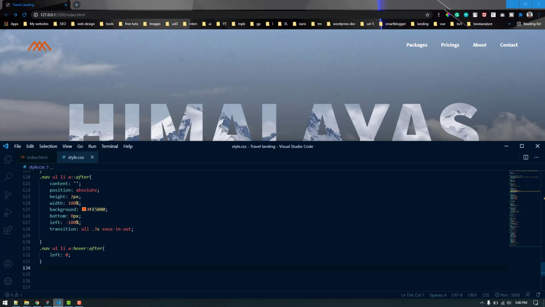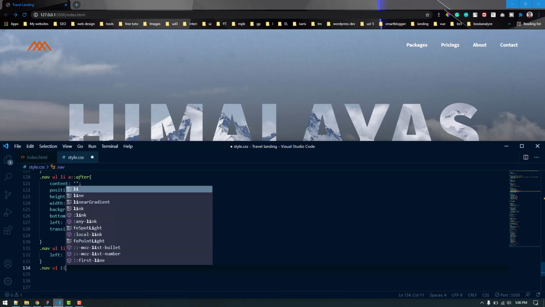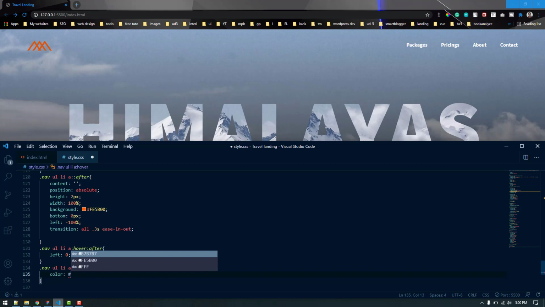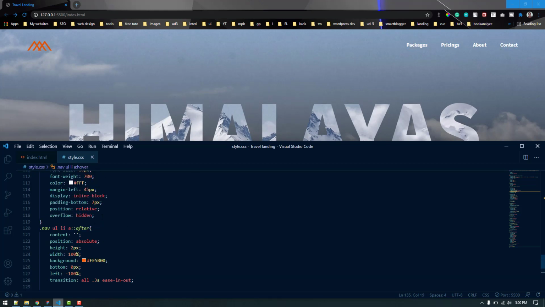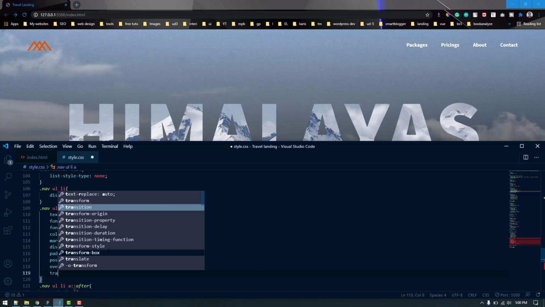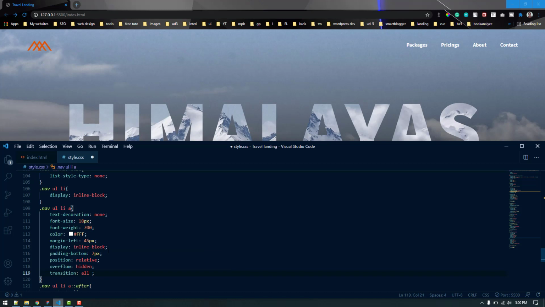So for that, we can target the ul li a. The color will be this one. If you want to add some transition with that also, we can do that. Let's add the same transition. All 0.3 second ease.